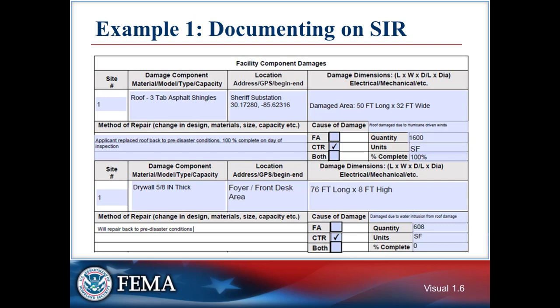To the right of the method of repair are boxes to check whether the repairs are being done by the applicant's own forces, which would be force account or FA, or by contractors, which would be CTR, or by both. The overall calculated quantity and corresponding units go to the right of these boxes, as well as the percent complete